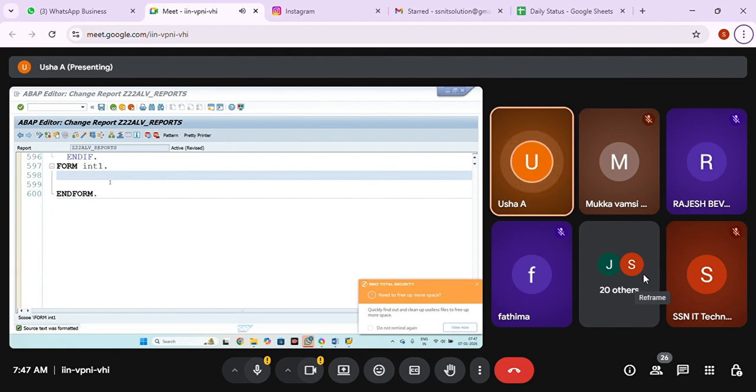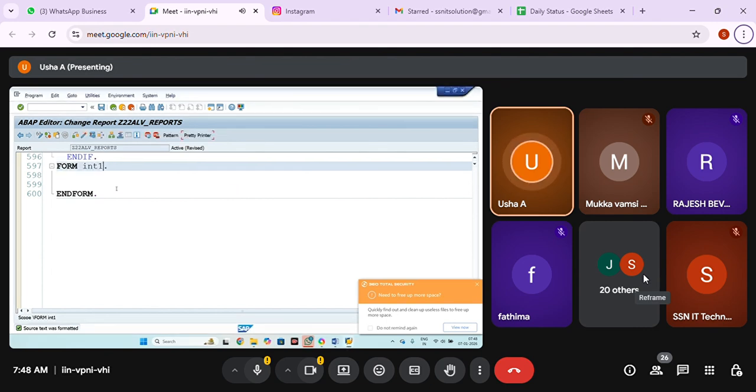The parameter which is referring to SYUCOM is going to have the line interaction or button interaction value. And another parameter which is referring to our SLIS cell field is going to have the field name, the value, and all what you selected. Means dynamically it's going to capture the value. So whenever you're using user command, you have to use two parameters. This is must and should. You have to remember. If you're not writing that, it will go to the runtime error.